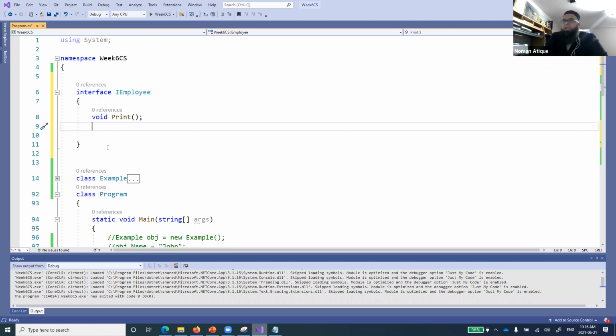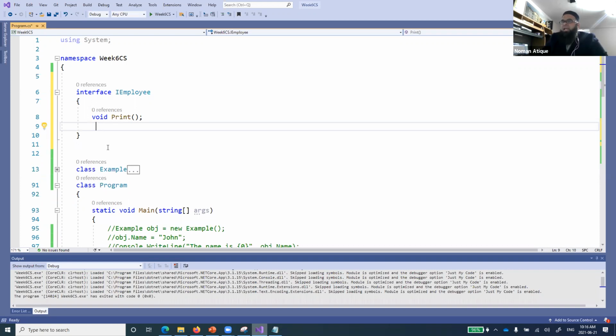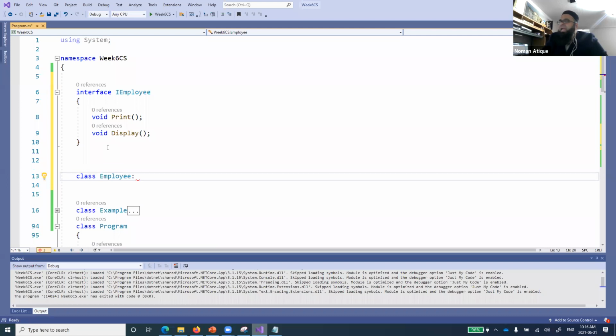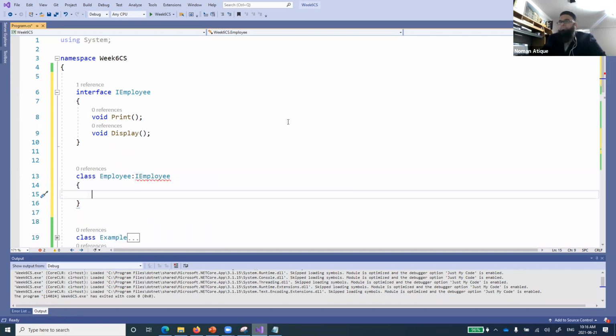Right? So for example, I've defined this interface and I have defined two methods. For example, void display. Just for nothing, I'm defining two methods. Now I'm creating a class Employee, and I am extending it from my IEmployee. So my Employee.